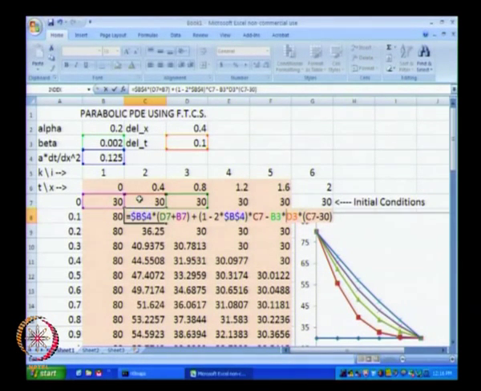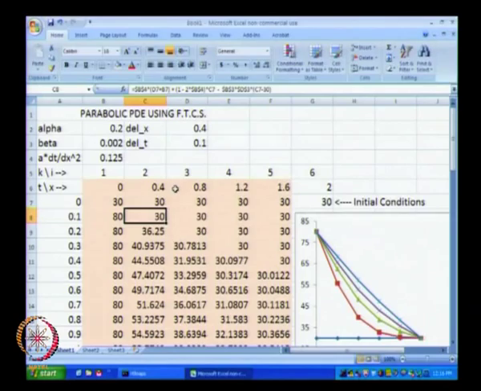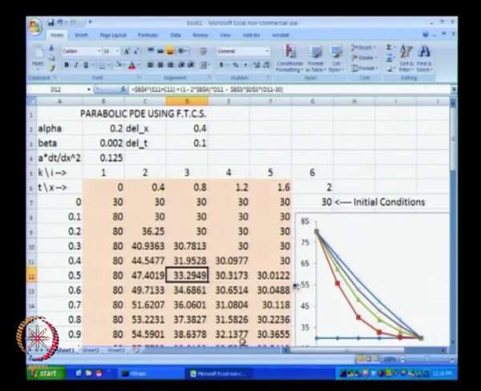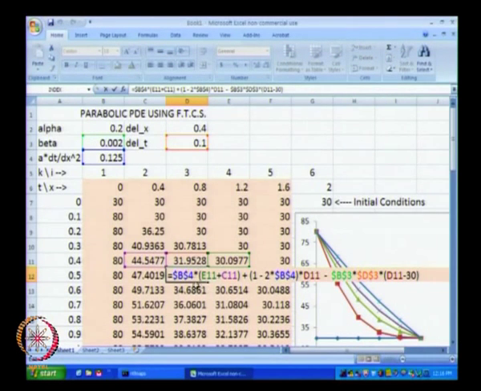Okay. So, we will just put dollar signs over here, $B, $3, because the beta value, the cell for the beta value is not going to change, the cell for delta T is also not going to change, it is going to remain over here. So, we will put dollar signs over here as well. Okay. And we will just move this and copy it over here, and we will just go ahead and check one of the values. We will just drag them below and we will check one of the values. We will press F2 and check these values.